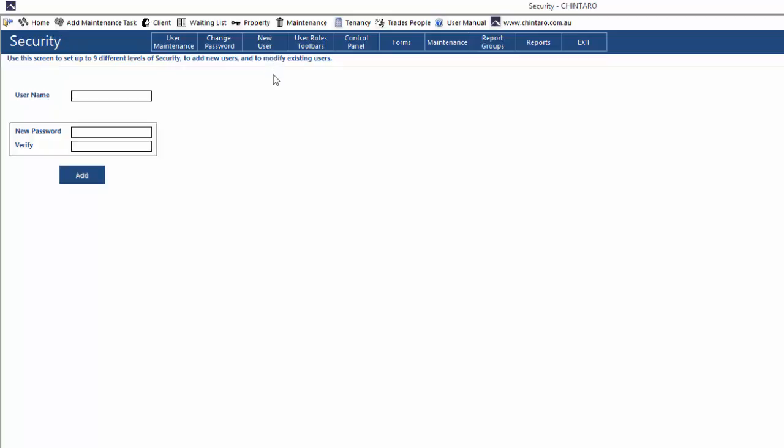We type in the username of the new user, and the username that we select must be at least 4 characters. If you are setting a user with 3 letters in their name, such as Sam, you will also need to put in the first letter of their surname to create a username. Now we set a temporary password for John,